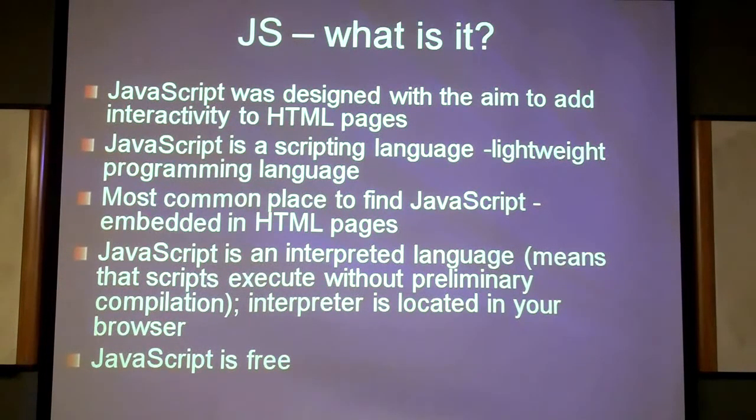We're going to see examples of that, but that's a very important point to mention here. And as already said, JavaScript is an interpreted language. It means that we don't need to do compilation and convert the instructions to machine code. The interpreter is located in your browser, and it's an integral part of the browser. You cannot take that interpreter out of the browser, but nevertheless, this module exists there.